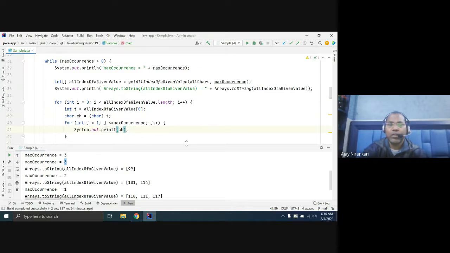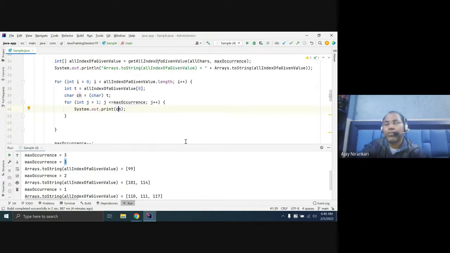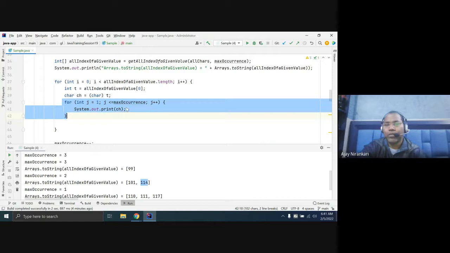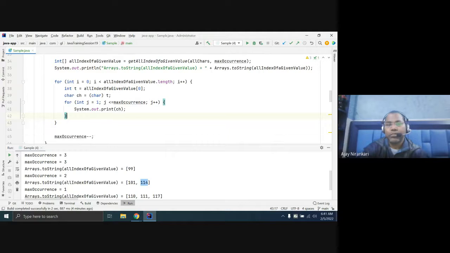So one character you are just printing. So this is for 1, this is for 1. For this case you have 2 characters. The first time you get the first character and make a loop 2 times, printing it 2 times. Then for the next character you get. So in this way you are getting the value and printing it multiple times. Let's run it.